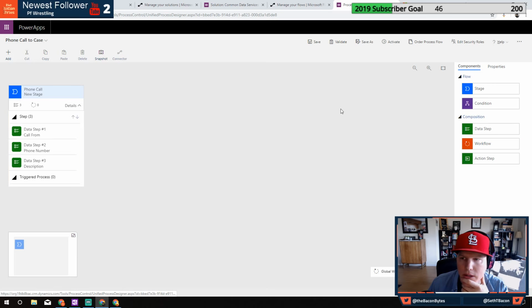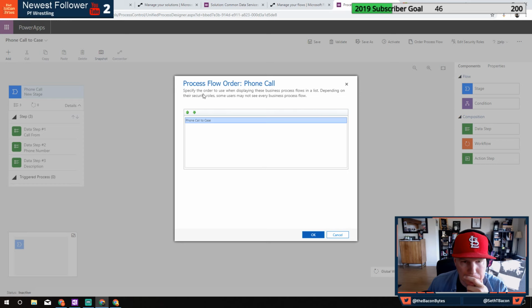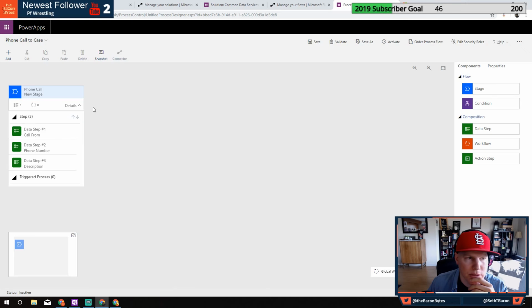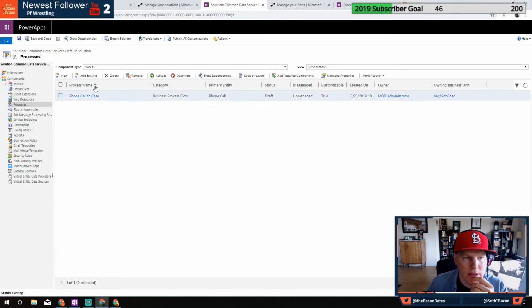Interesting. Okay. Got some security roles, order process flow. Just clicking on buttons, seeing where they take you. Oh, so when you're on a phone call, which process flow gets shown at the top? Let's save that. Let's see where this ends up.